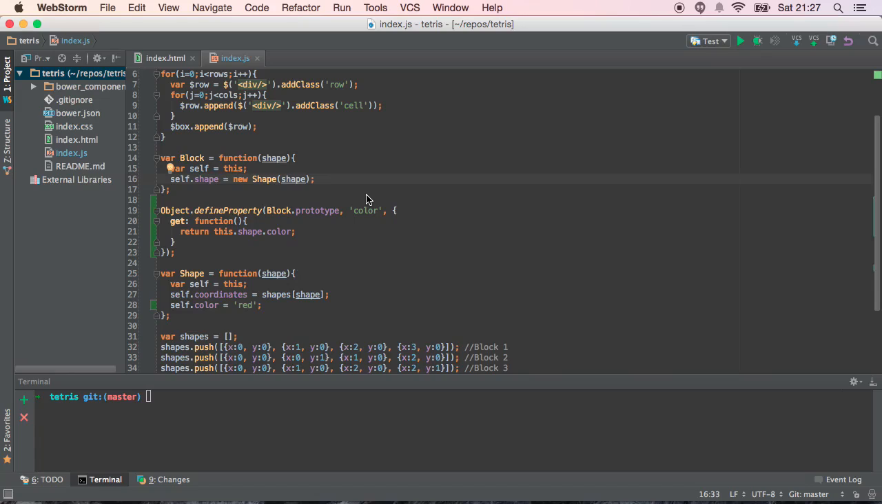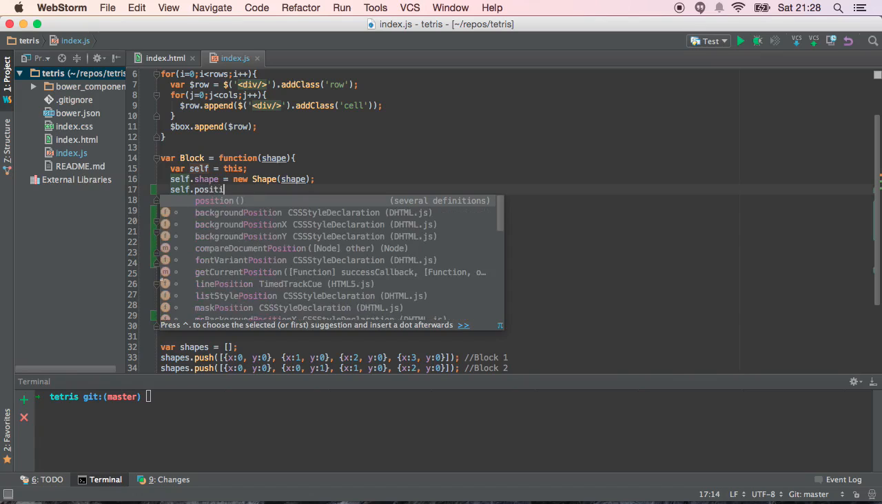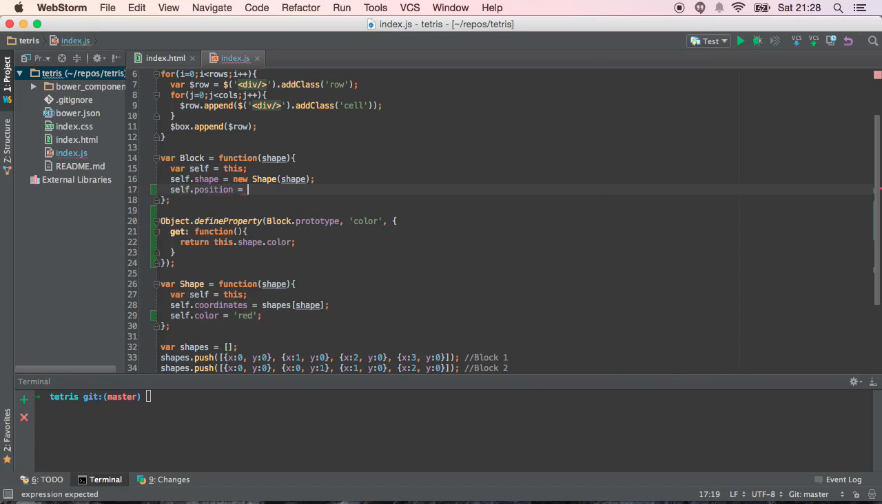Since the shape really is just talking about the shape of it and the color of it, but the block is more of the instance, the single instance of the block itself, that's a more appropriate place to put the position. So let's create that. Self.position equals a new object which has an X,